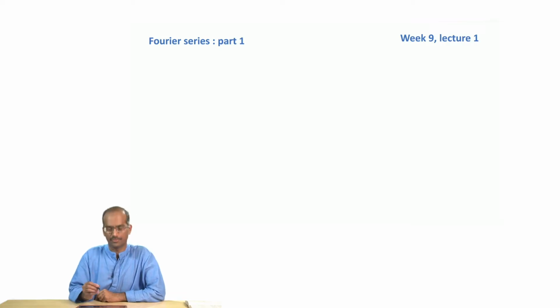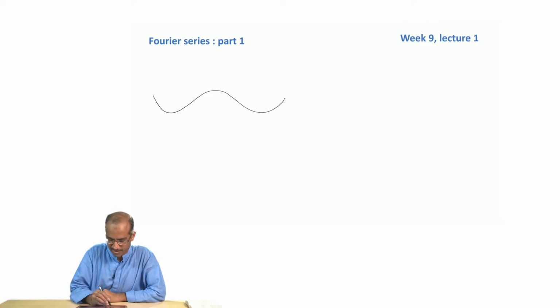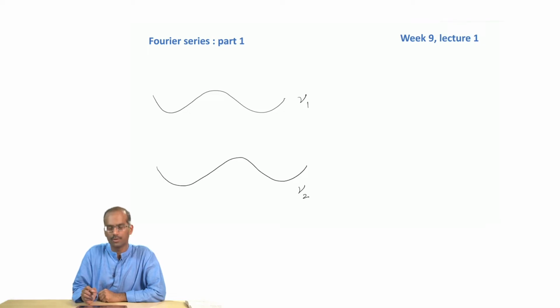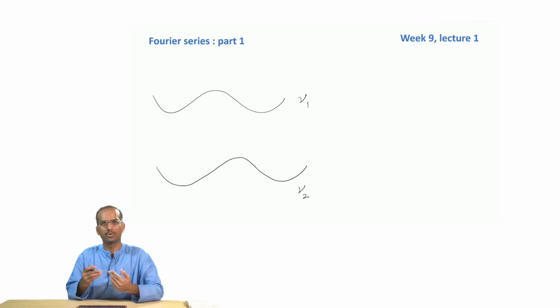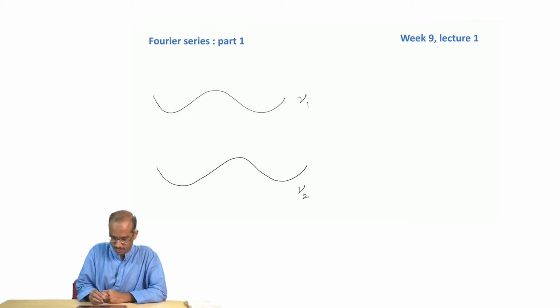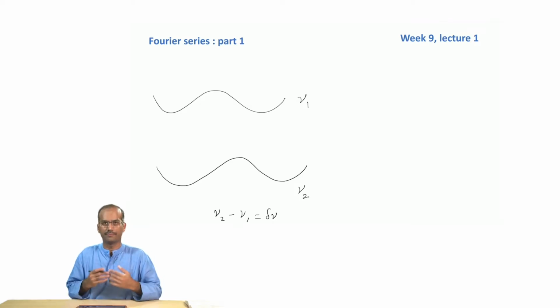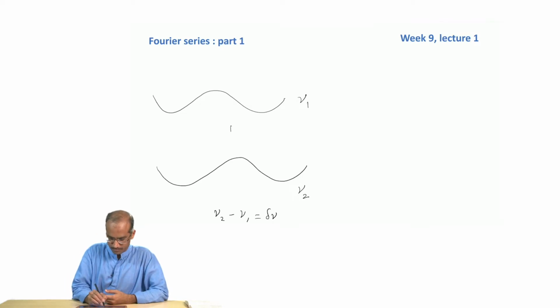For instance, we had done this very simple problem where we added two say sine waves with slightly different frequencies. So, let us say that this has a frequency nu 1 and this has a frequency nu 2, and the difference between them is really small. Nu 2 minus nu 1 you can assume is really small. Think of it as some delta nu. This, when we add them together, gave us something like a